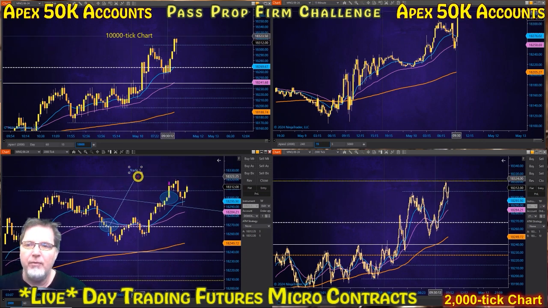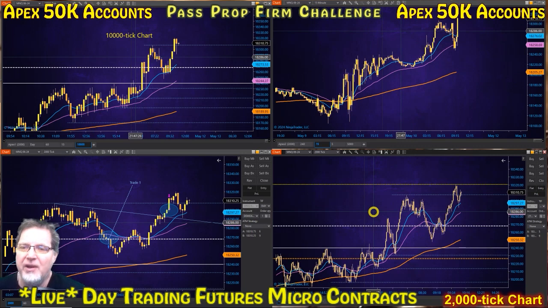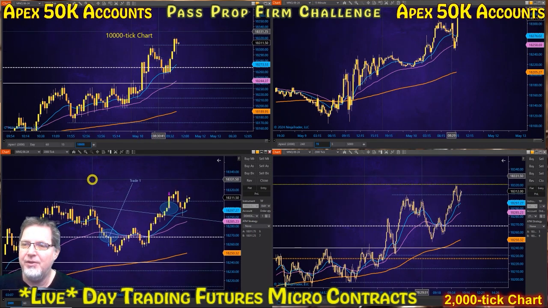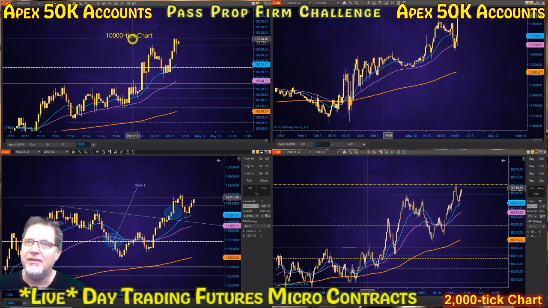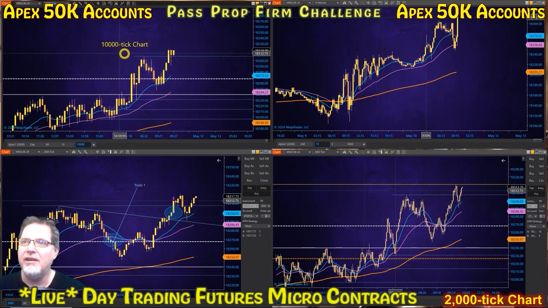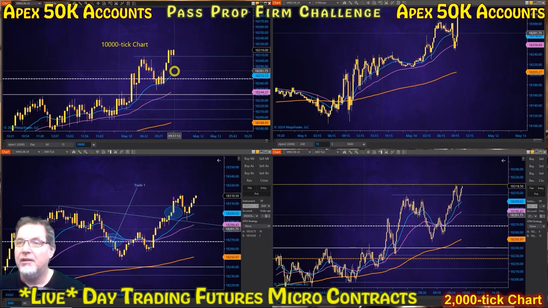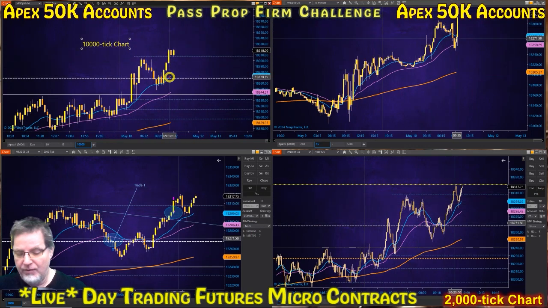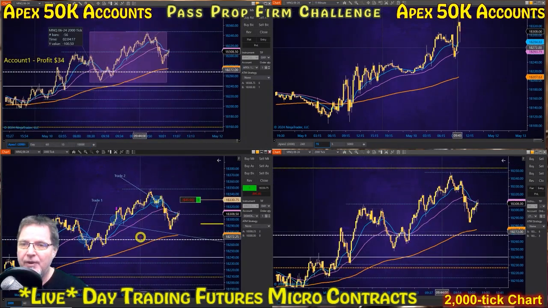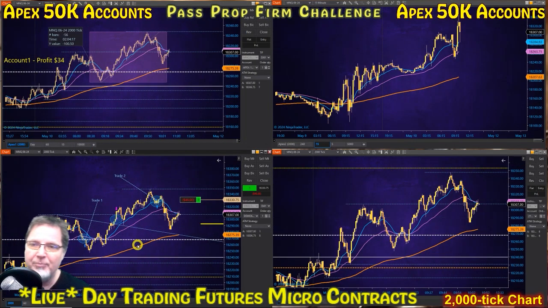I'm going to experiment around with that for a while. I'd rather it go against me in the simulator and get a much better price with the Apex accounts. But at the same time, I've got to be able to just get in this trade when I need to get in the trade. It looks so good right now. Why would you not take that breakout right there? It's very tempting. Well, it did take off and pop right on through there.